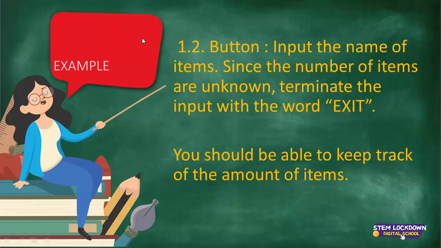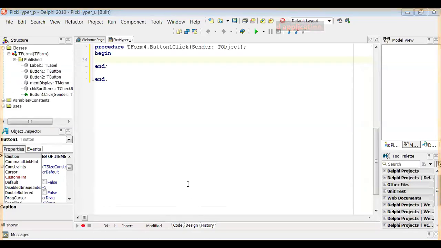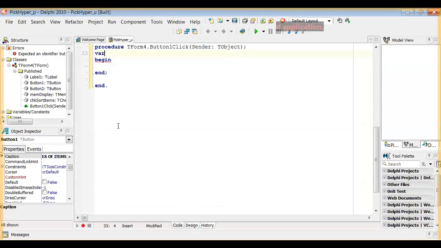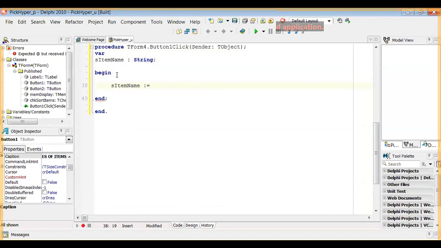Let's code this. So I'm going to go back into Delphi. I'm going to double click on the enter names button. Okay, and I'm going to use a while loop. So again, I'm sure you guys know how a while loop works. I'm going to declare a variable so that we can get the item name. So I'm going to say sItemName. I'm going to make that a string. Okay, and then I'm going to come within the begin, and I'm going to say sItemName is equal to, or assigned to, and we want to allow